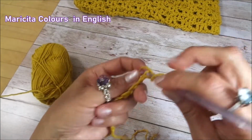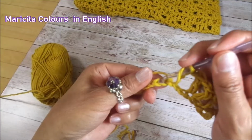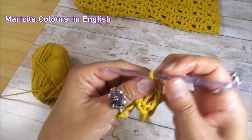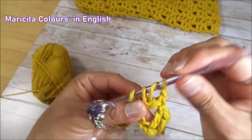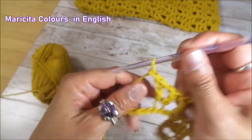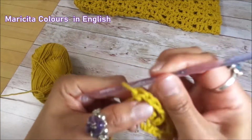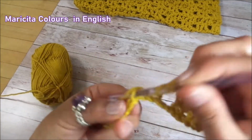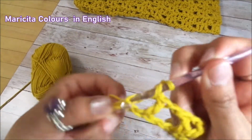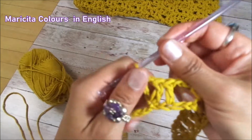Again, into the next third stitch, we repeat 1 double crochet alone. We skip 1 stitch, and into the next we repeat the arc, that are 2 double crochet separated by 1 chain. Like this, we repeat until we finish the row and the chain of separation. In the next third stitch, 1 double crochet, we skip 1, and into the next we repeat the arc. One chain of separation,